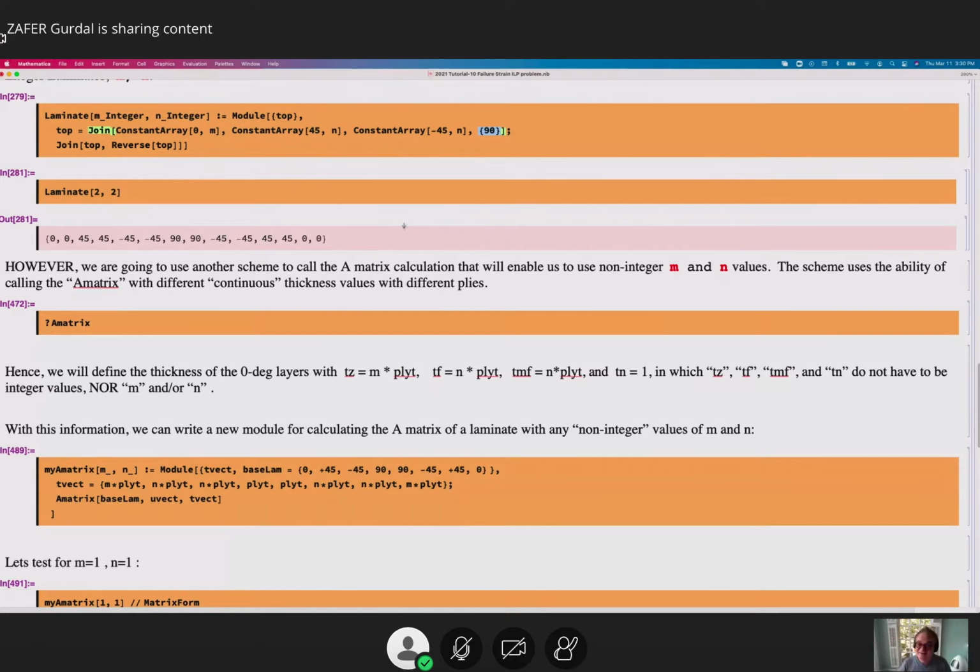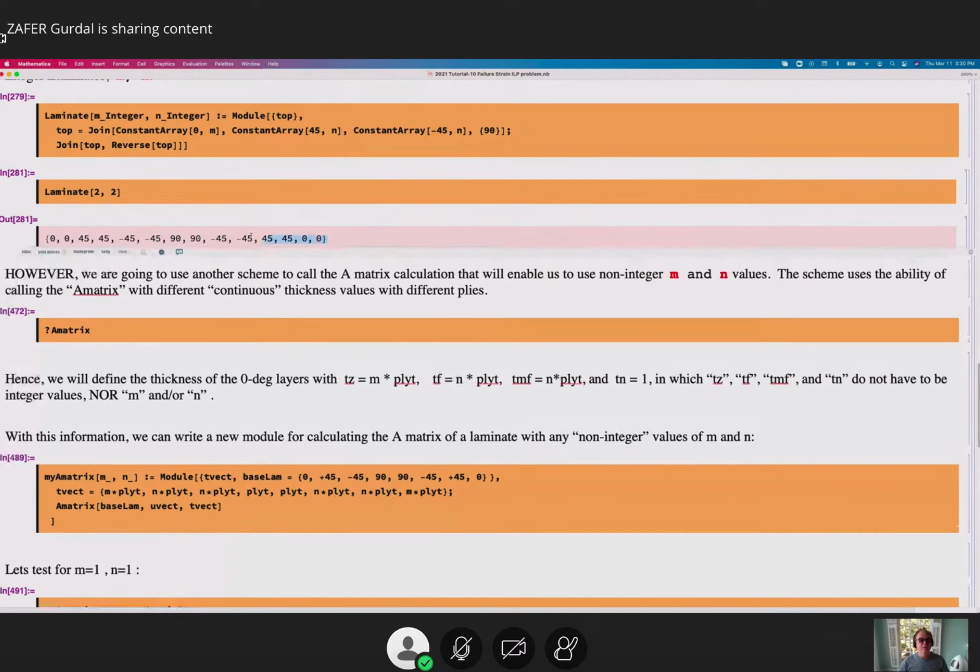Just bring flavor into the test project. So I'm gonna actually do another scheme, because my problem right now, my A matrix calculation requires this